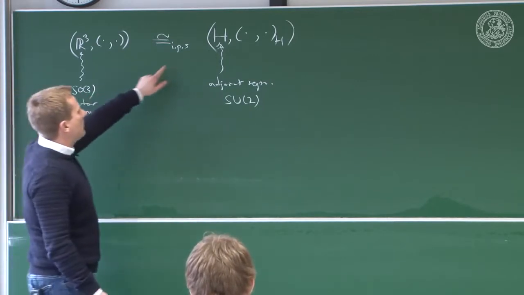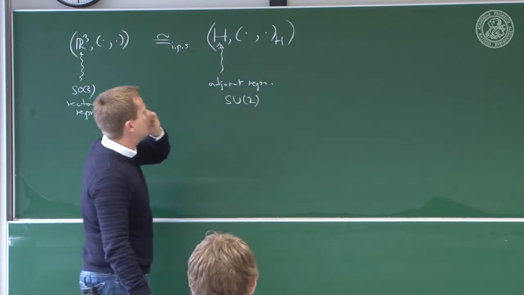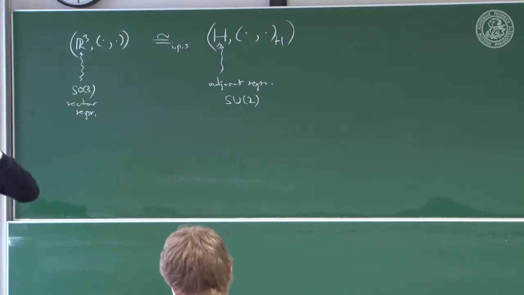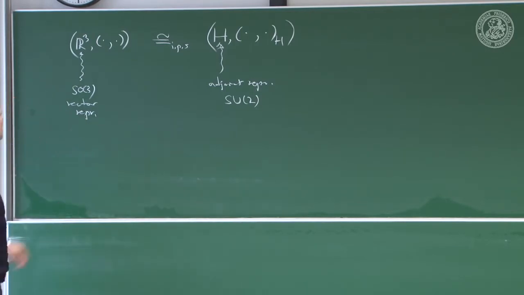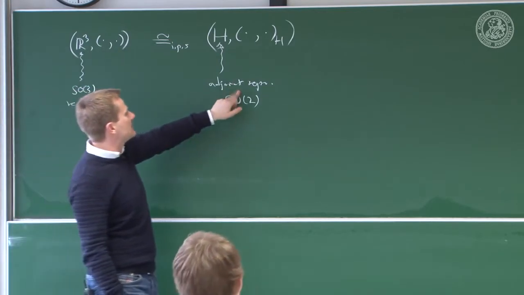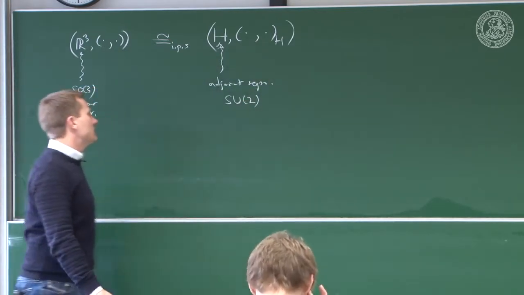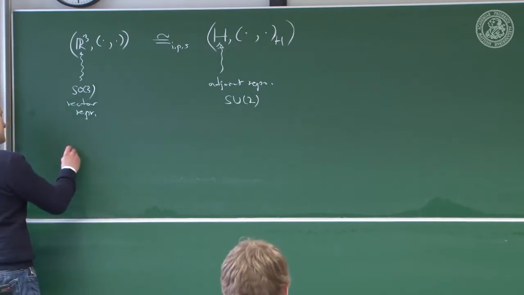Aha! But now we can check whether the adjoint action really keeps this inner product invariant, which if it does, we can use all these constructions, and that works because the vector rep keeps exactly this inner product invariant. Now the question is, does the adjoint representation keep this inner product invariant? And, well, you bet, because